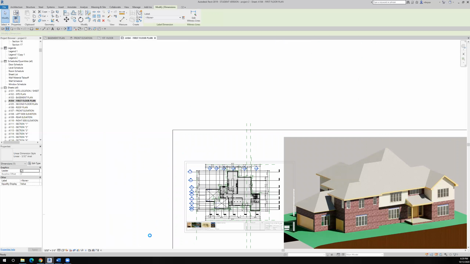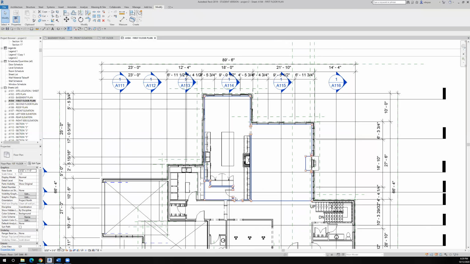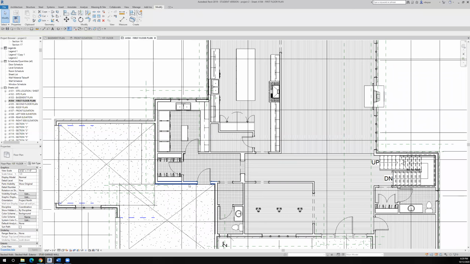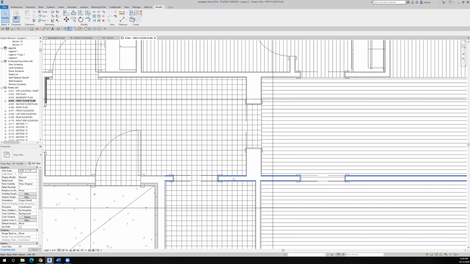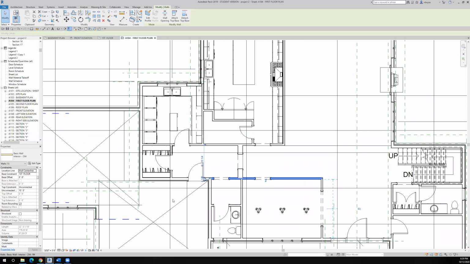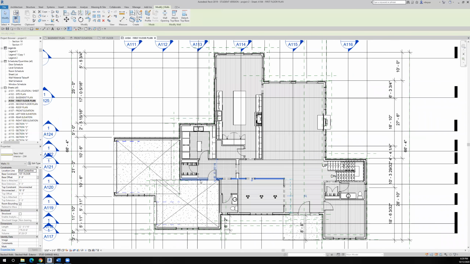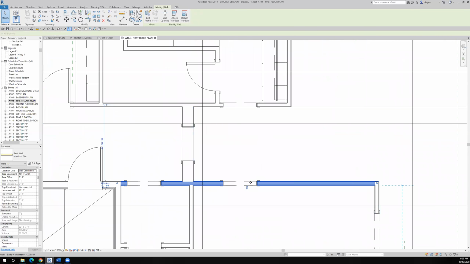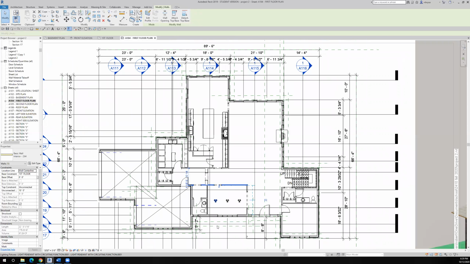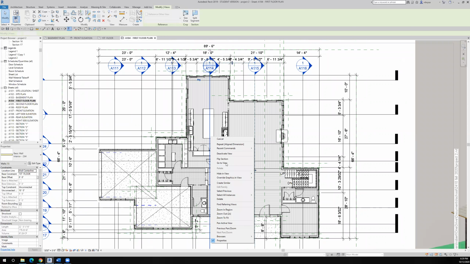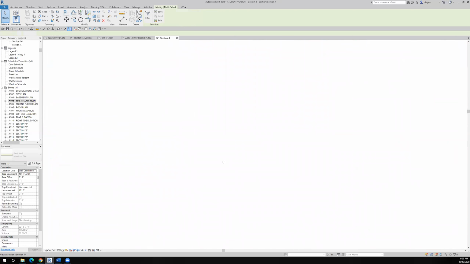Now, in a previous tutorial, I moved this wall in order to make my basement dimensions even numbers. But this wall moved as well. And I know I will have a problem with that on my section when I look at my,